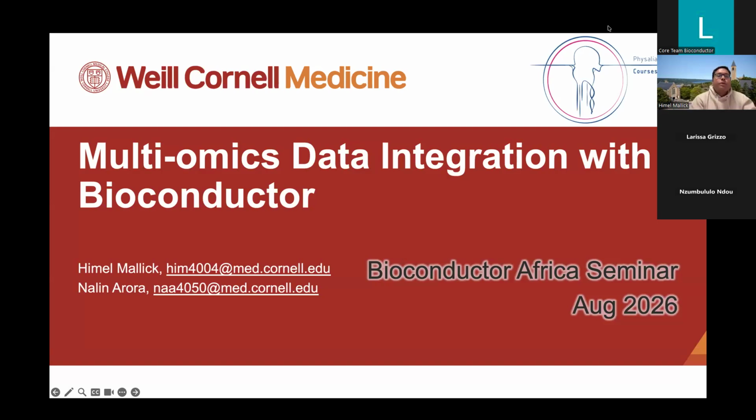What we are going to do here is focus on one software, called Integrated Learner. But before we jump into Integrated Learner, we also need to know the basics of multi-omics data integration, especially with respect to some of the terminologies that have confused people,